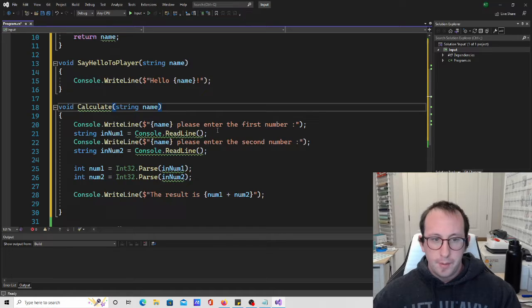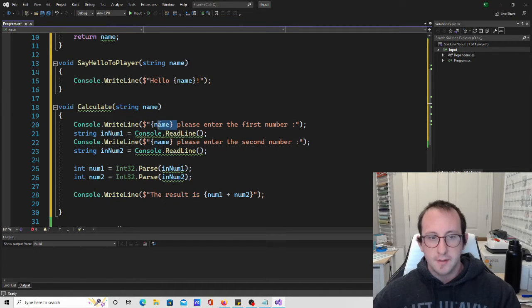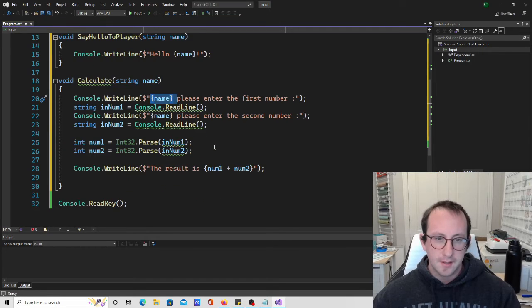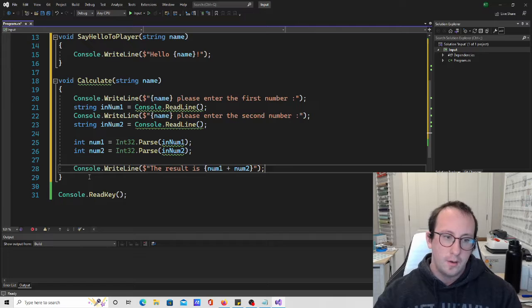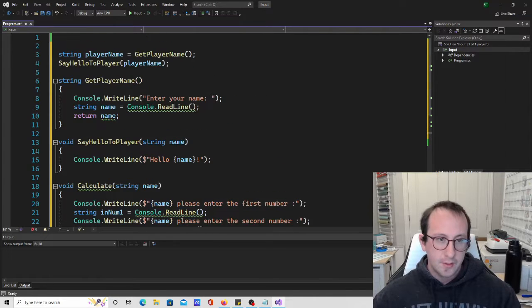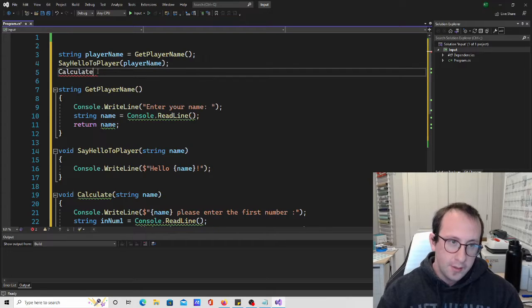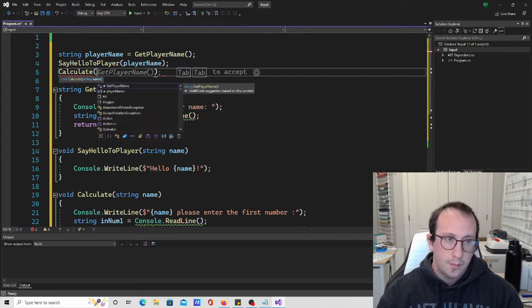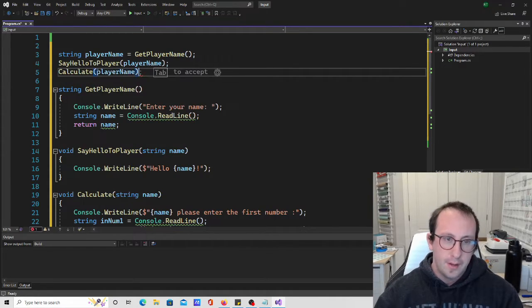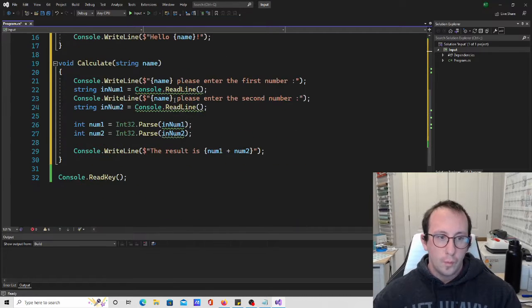So here we're just going to be prompting the user for the name. Now this is if you really wanted the name in this calculate function. It's definitely not necessary. Then we have that, and we are writing that to the screen, so that is perfect. So what we're going to do here is we're just going to put calculate, and we are going to put player name. So if we run this now,